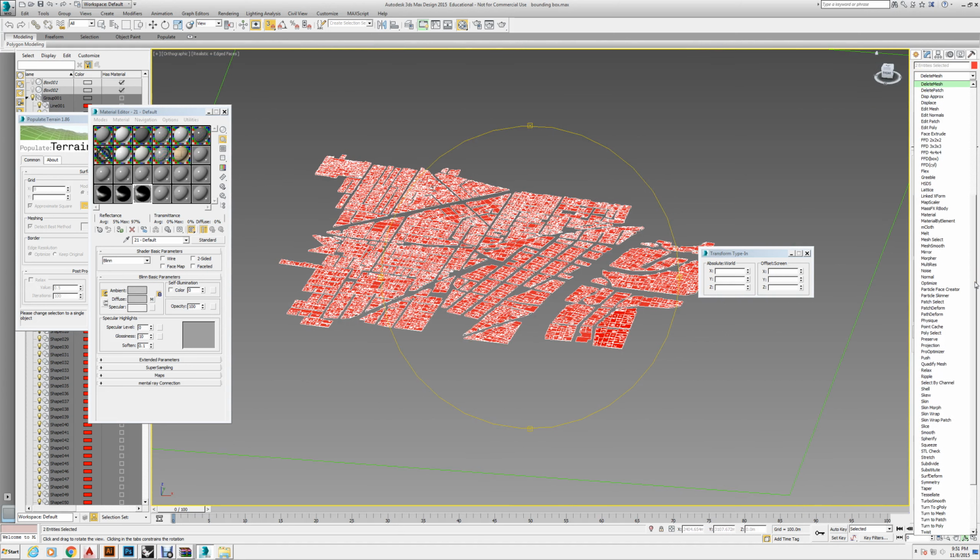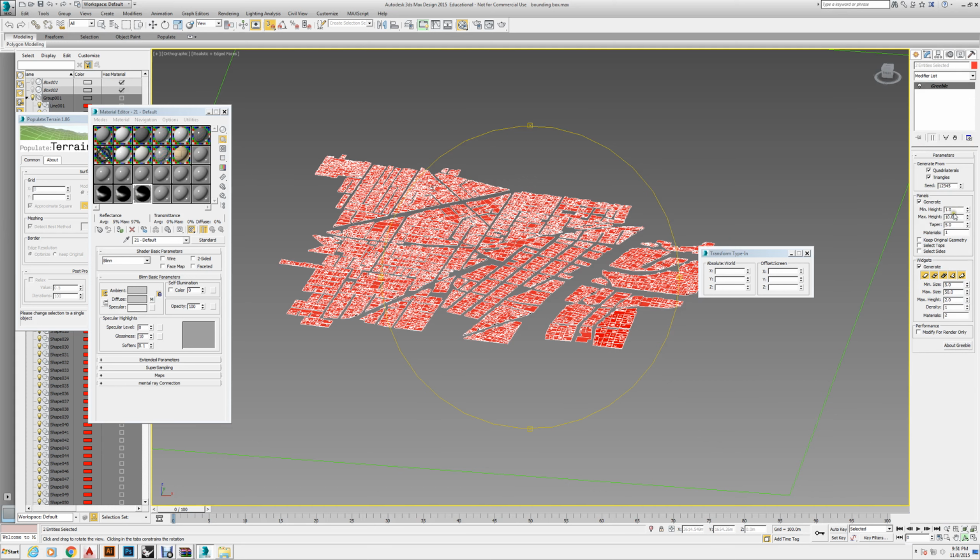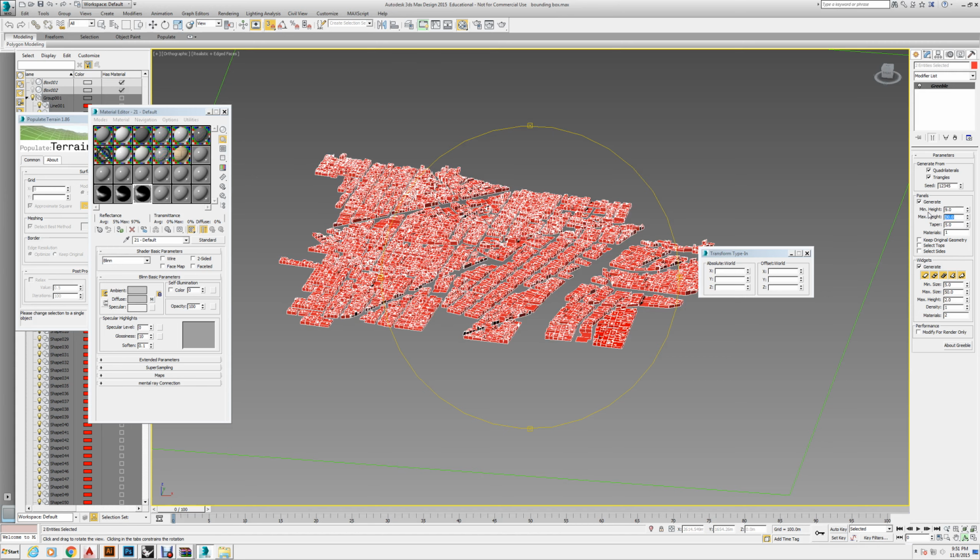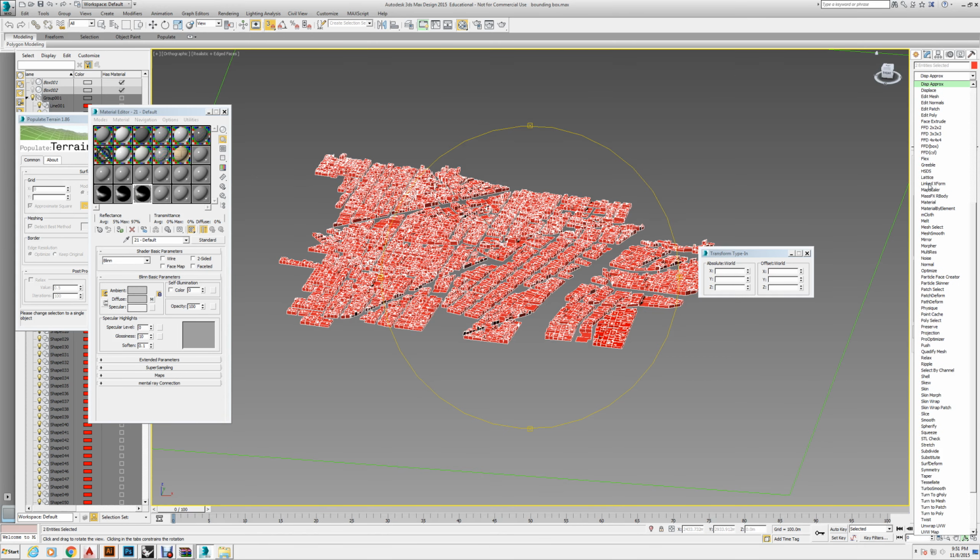So we want to use our displace modifier, but just quickly, let's say minimum of our greeble is 3 floors, and our max can be 10 floors or so. Okay, so from there, to really get our densities happening, we want to use a displace,